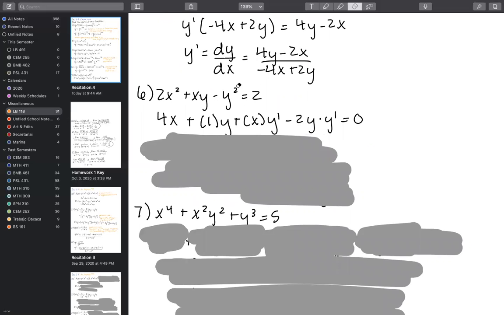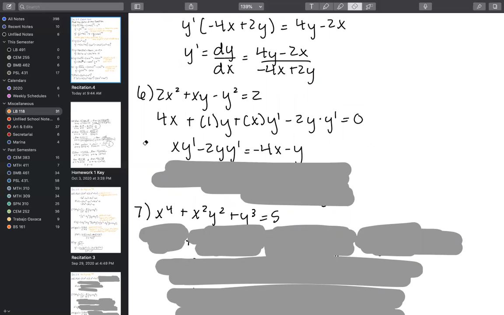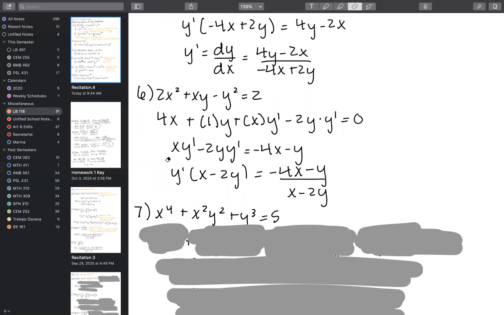So we treat y first as a variable, and then we treat it as a function because it is both in this case. And then 2, its derivative is 0 because it's a constant. Then we are going to isolate y prime on the left side, or you can choose to do it on the right. We're going to isolate our y prime and then factor out first and then divide.